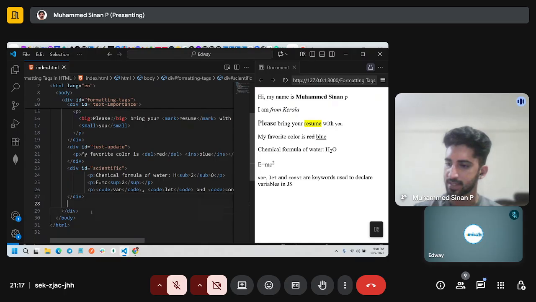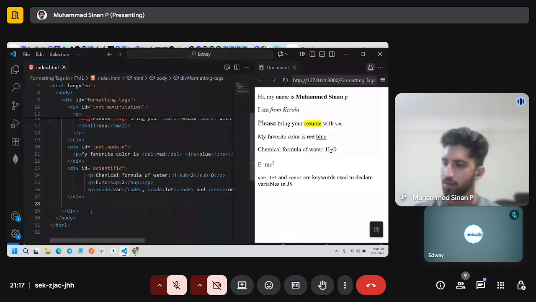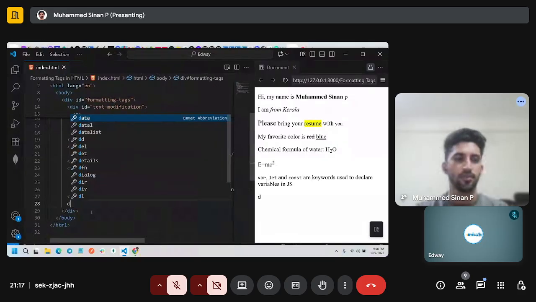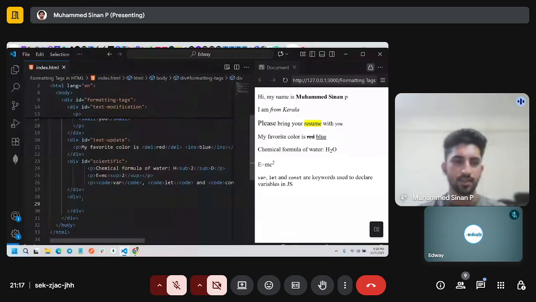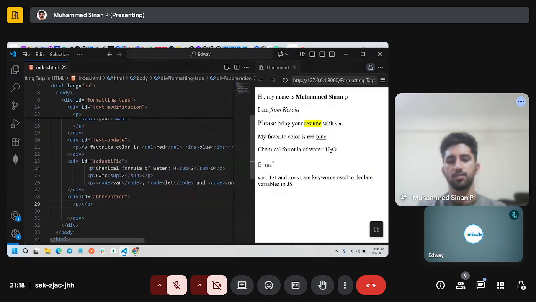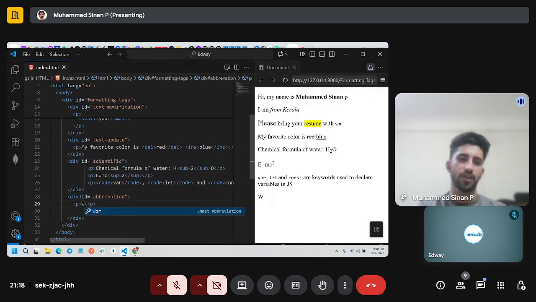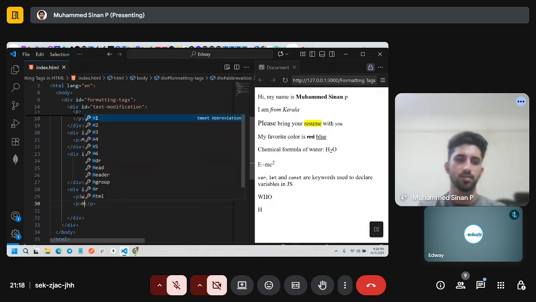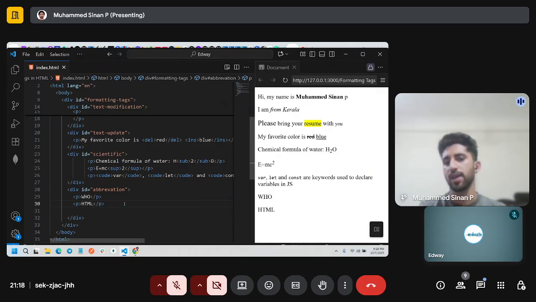So the next and the last topic for today will be the abbreviation or citation tags. Abbreviation tags: imagine we have to define WHO, which is World Health Organization, or let's say HTML, which is hypertext markup language.